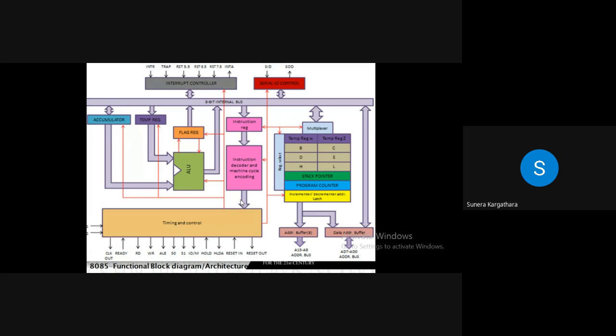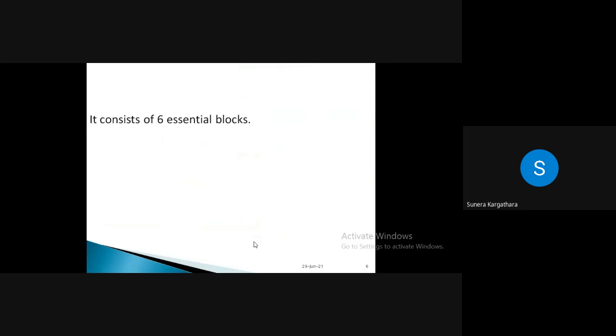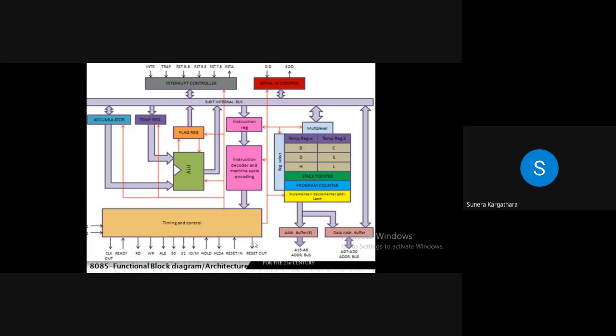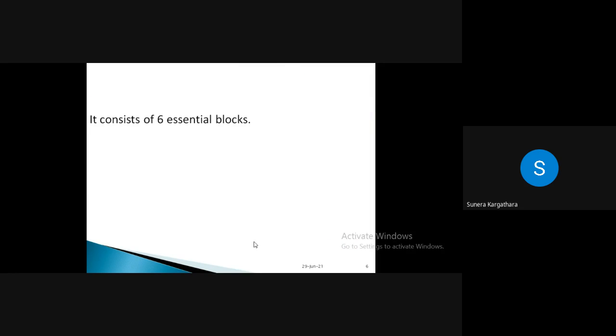Now take a screenshot of this diagram and keep it in front of you. So once we discuss this step by step, you can identify your diagram, right? Take a screenshot of this, everyone. Keep that screenshot in front of you, right? So now, done, students? Yes or no? Acknowledge. Yes, ma'am. Done. Okay. Now, if you observe the whole internal architecture of the 8085 microprocessor, it consists of 6 very important